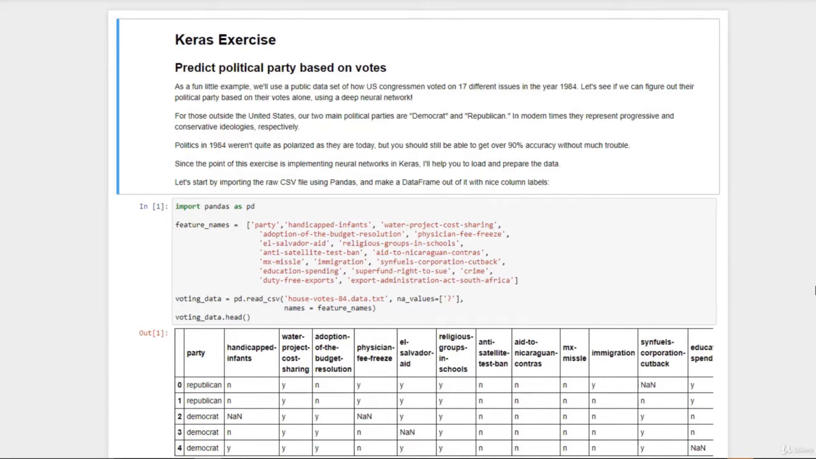And we're going to try to see if we can predict if a politician is Republican or Democrat just based on how they voted on 17 different issues. And this is older data. It's from 1984, so you definitely need to be of a certain age, shall we say, to remember what these